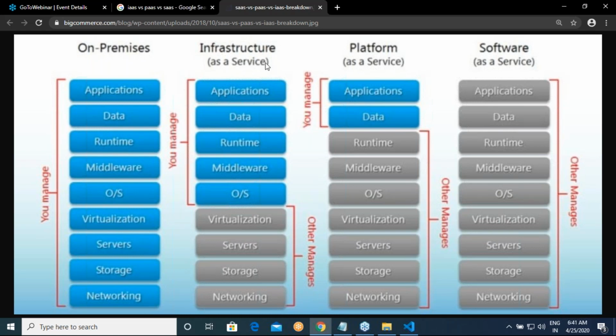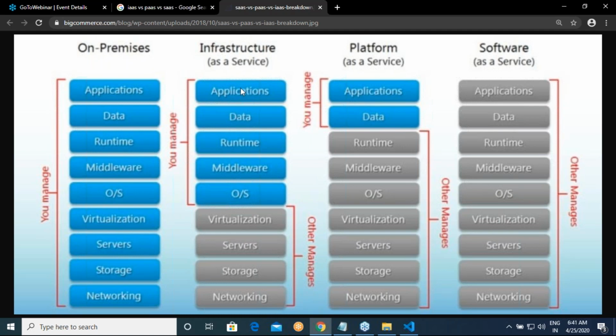But when we go to cloud, we have three options. One is infrastructure as a service. The second one is platform as a service. The third one is software as a service. In infrastructure as a service, physical networking is managed by the cloud provider, which is Azure. Storage of your virtual machine is provided by Azure. Physical server maintained by Azure. Virtualization technology, you need not worry about whether I need to use VMware or some other kind of virtualization platform. That is the provider's headache. What you manage is from the operating system.